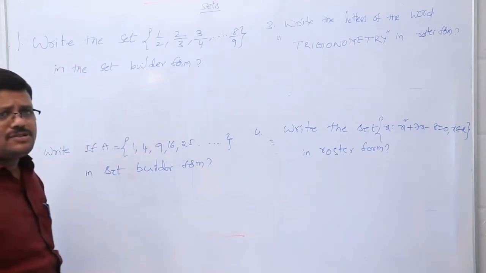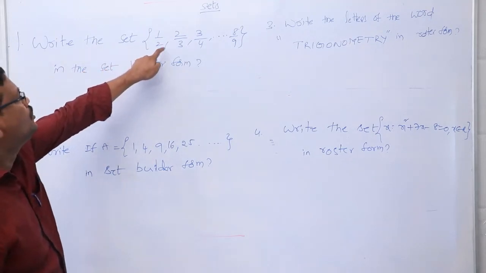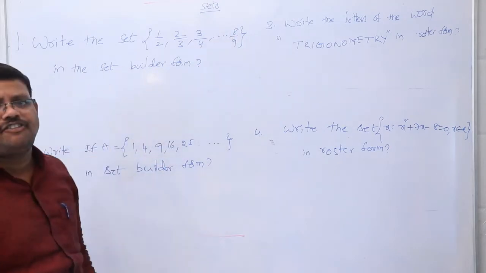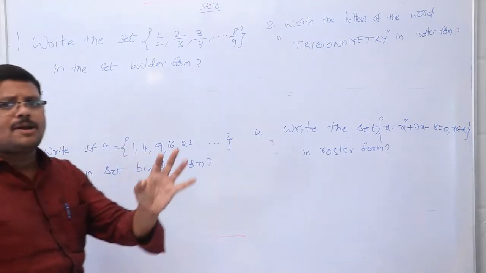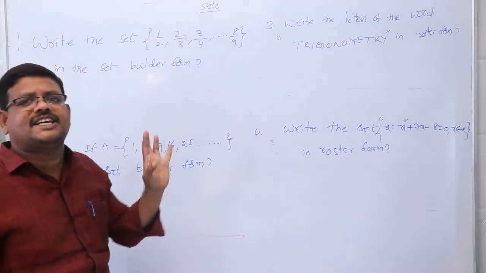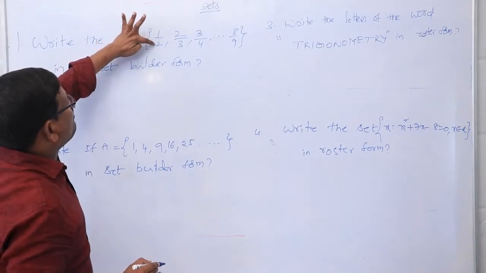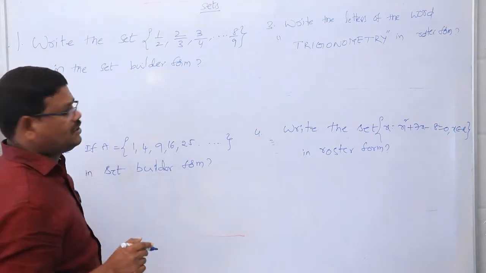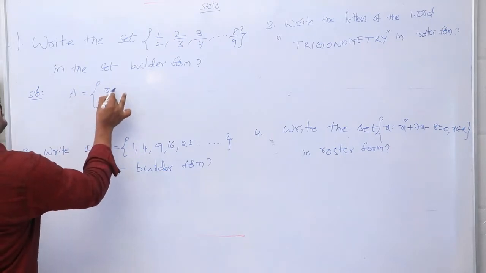If you look at the problems, the first one is: write the set 1 by 2, 2 by 3, 3 by 4 up to 8 by 9 in the set builder form. How to write the set builder form? What is the set builder form? The common property or characteristic possessed by all the elements in the set is called the set builder form. Here every term in the denominator is greater than the numerator by 1. Therefore, in the set builder form, we will write x such that